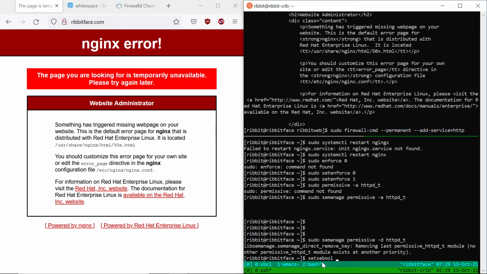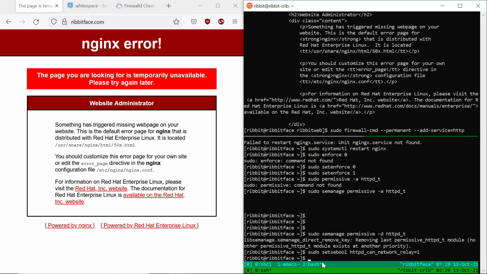There we go. setsebool httpd_can_network_relay equal 1. And what this is going to do is it's going to let it